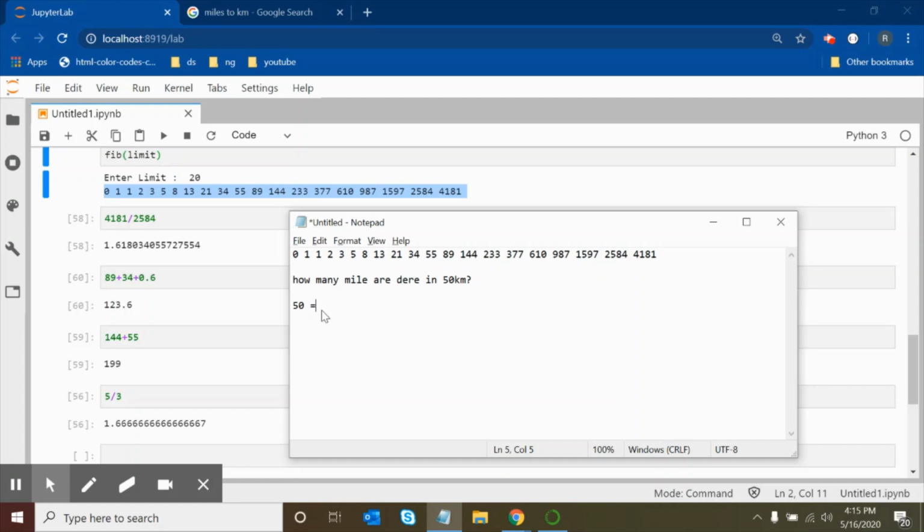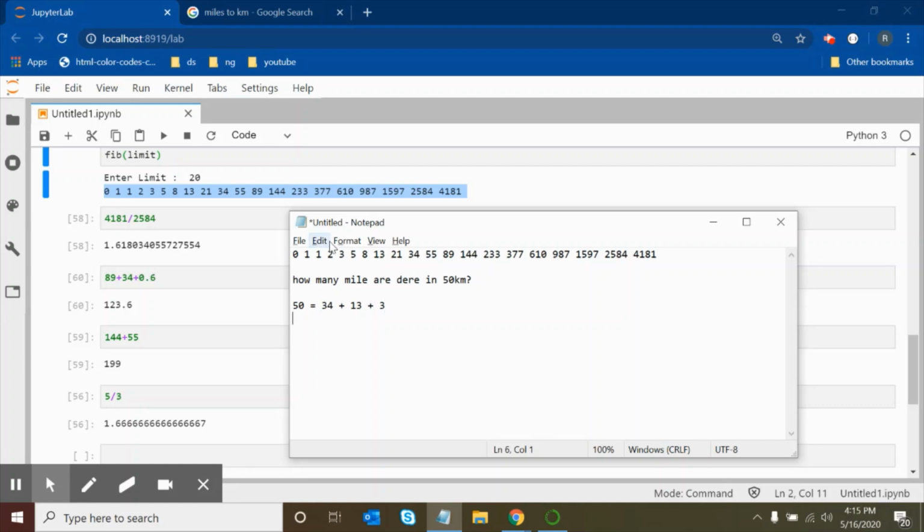When we break this 50 kilometers, we can do 50 kilometers means 34 kilometers plus, what will we do now? How much is left? 34 kilometers plus, can we write 13 kilometers? Okay, so what is the sum of this? 3 plus 1, 4, and 4, 5, 6, 7. 47. Now we need 3 more, plus 3. Okay, so these are the breakpoints of 50 kilometers.